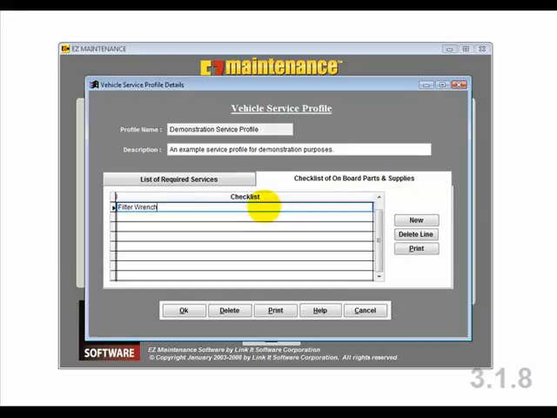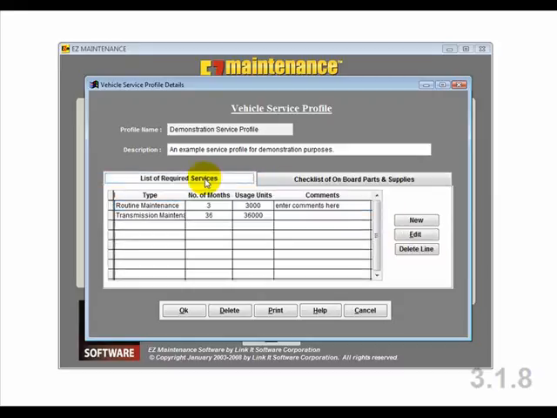If you click on an item to select it and then click on the Delete Line button, this will delete the item from the list. Clicking on the Print button will print out the complete checklist. Click on the List of Required Services tab to return to the list of service types. Now that we're finished creating the service profile for passenger car maintenance, we'll click on the OK button to save